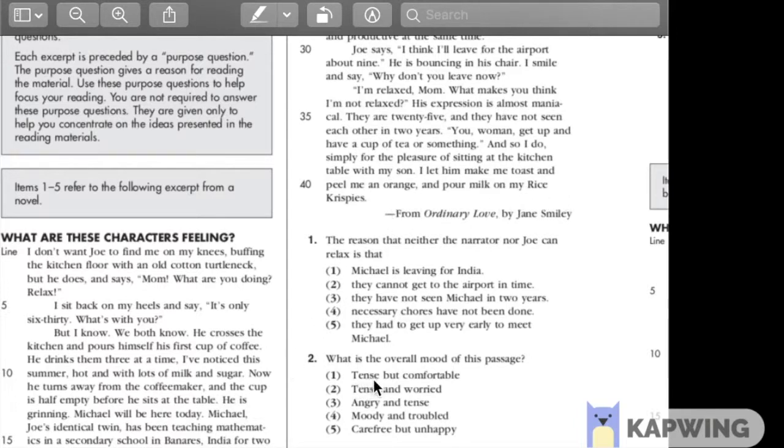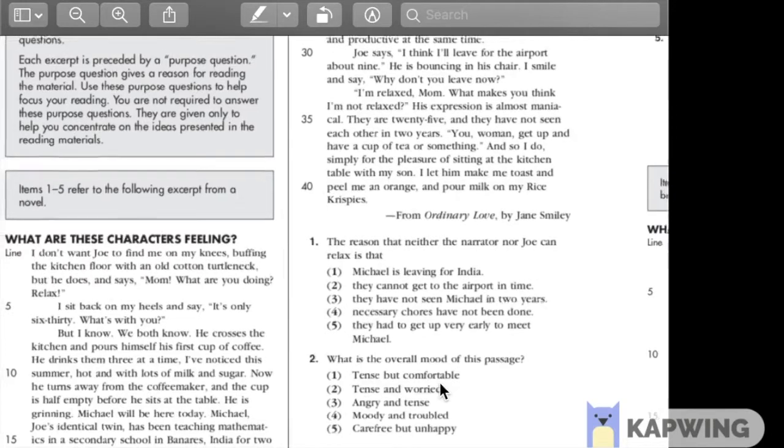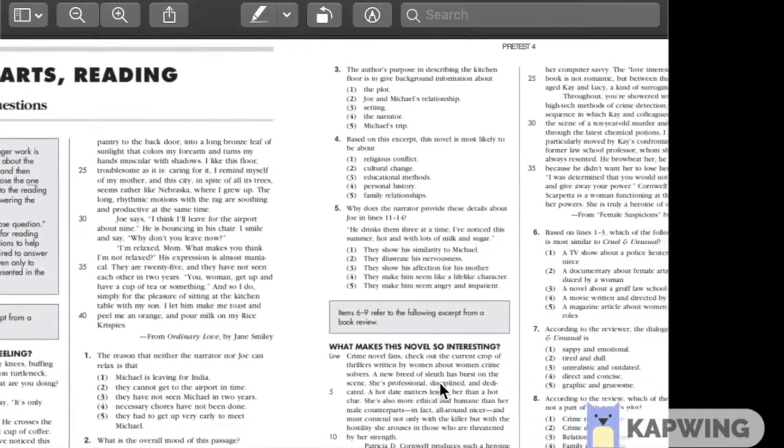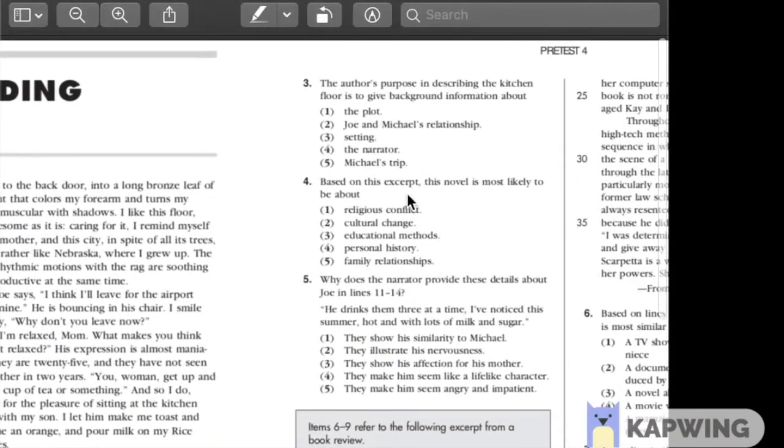They are a bit tense, but also comfortable. And there you go. Number 3. The author's purpose in describing the kitchen floor is to give background information about the plot. First off, what does plot mean? The plot means